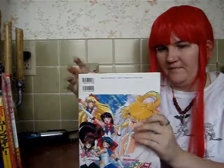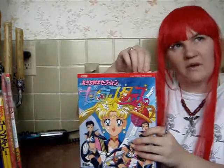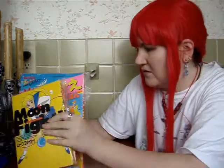That's 3, 4, 5 pages that just have to do with the Super S movie. I like this back picture too. So it's a little disappointing that they put the book out before the season had ended. At least that's my guess, because you don't want to give away your secrets before they're on TV. So there's that one. That leaves us only a couple left here. I'll do those last. I have this, which I've never seen another one of this. This is actually a...